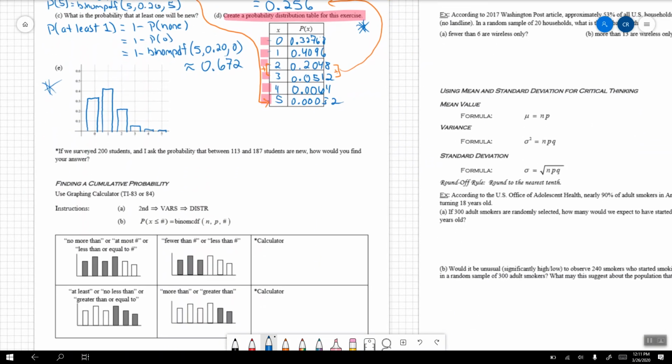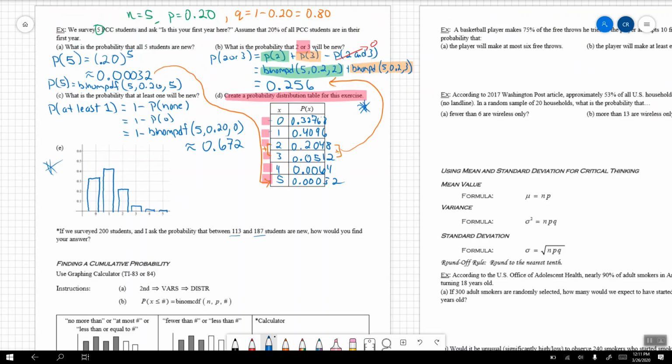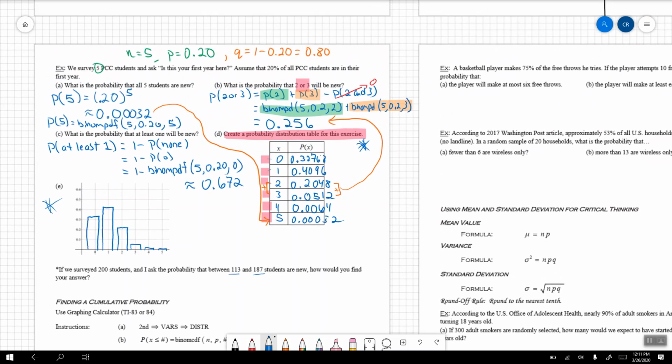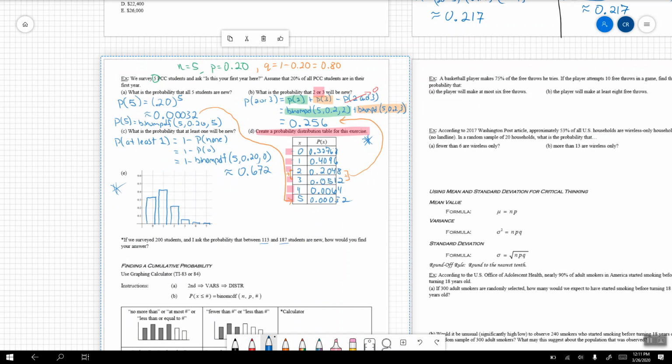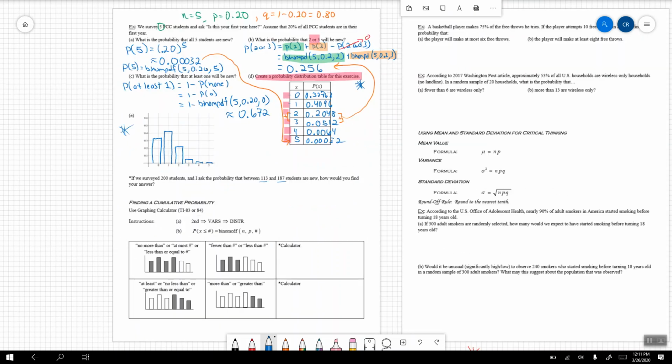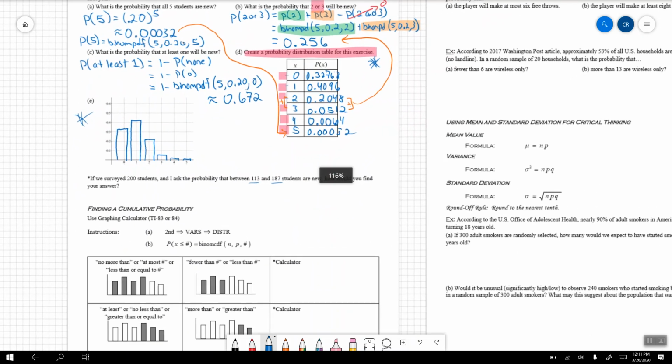Now the question here says, what if we survey 200 students and I ask, what is the probability that between 113 and 187 students are new? How would we find our answer then? Well, that's going to be kind of rough because with 113 and 187, we don't want to make a table that large, or keep adding probabilities continuously like that. So instead, what do we want to do